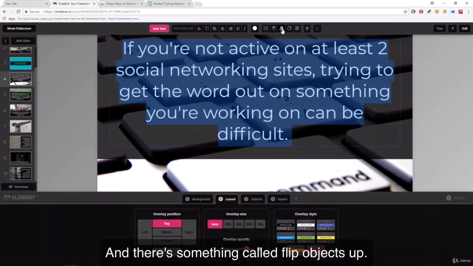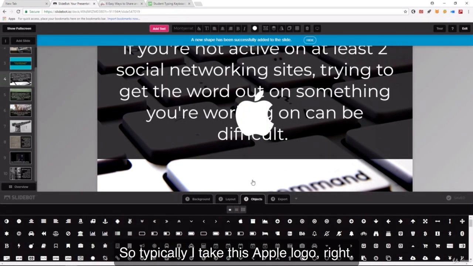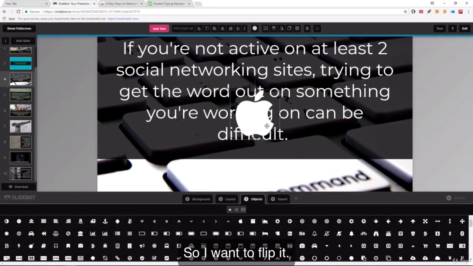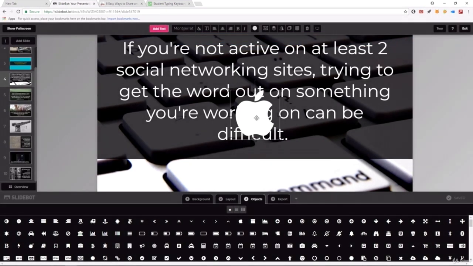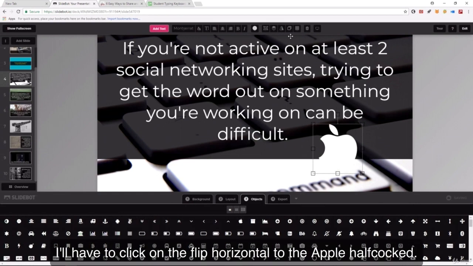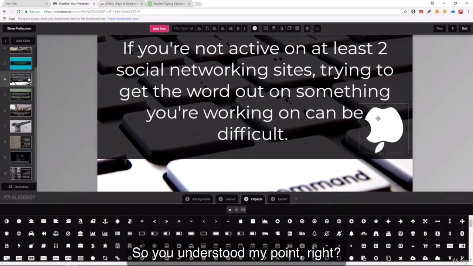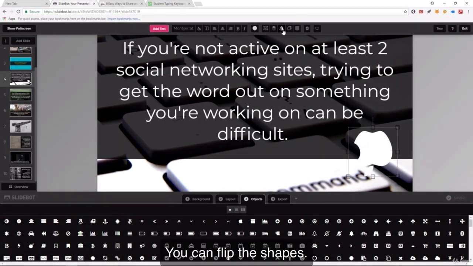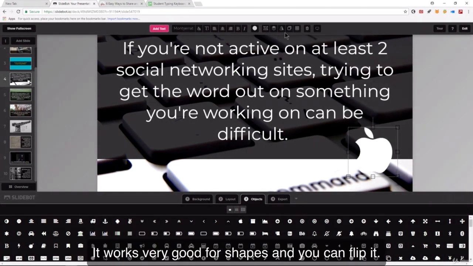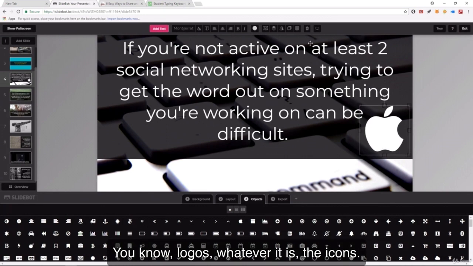And there's something called flip object. Suppose you want to flip an object, or a shape. So typically I take this Apple logo, right? I want to flip it now. Let's see what I can do with it, right? So I just bring it here, and then give me a moment. I'll have to click on flip horizontal, so the half-cut Apple logo is now flipped, and now it's flipped to the other side also. So you understood my point, right? You can flip the shapes. It works very well for shapes, and you can flip the logos, whatever it is, the icons,